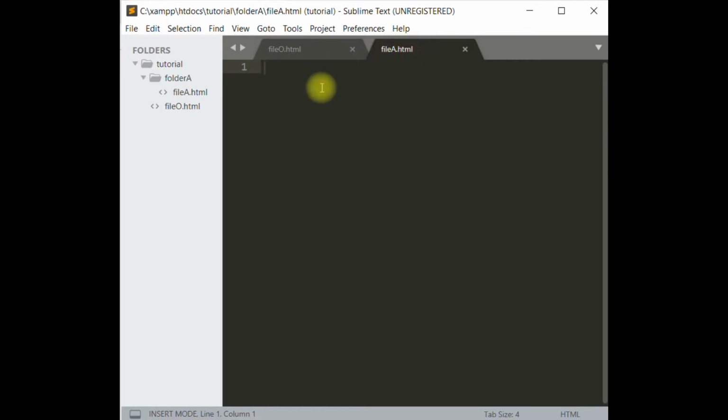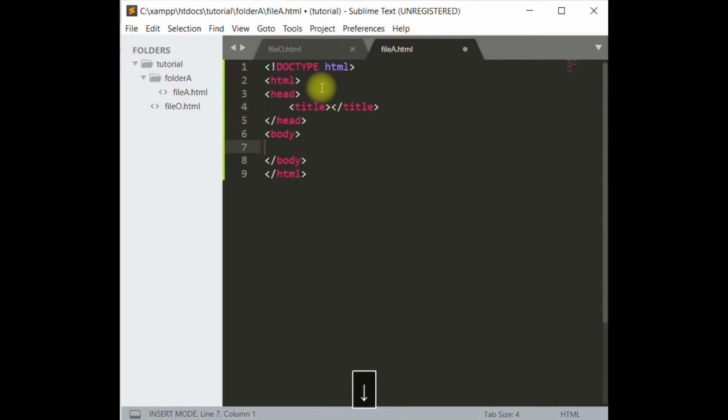In this file also I will write some code. I have written this is file A in folder A.